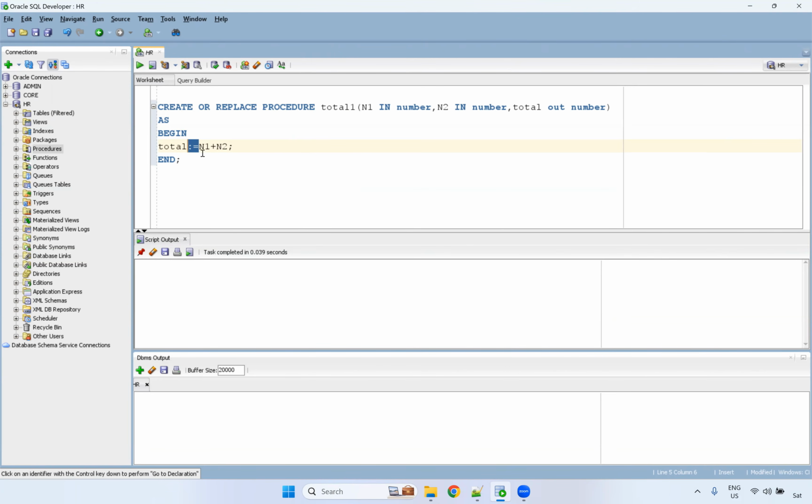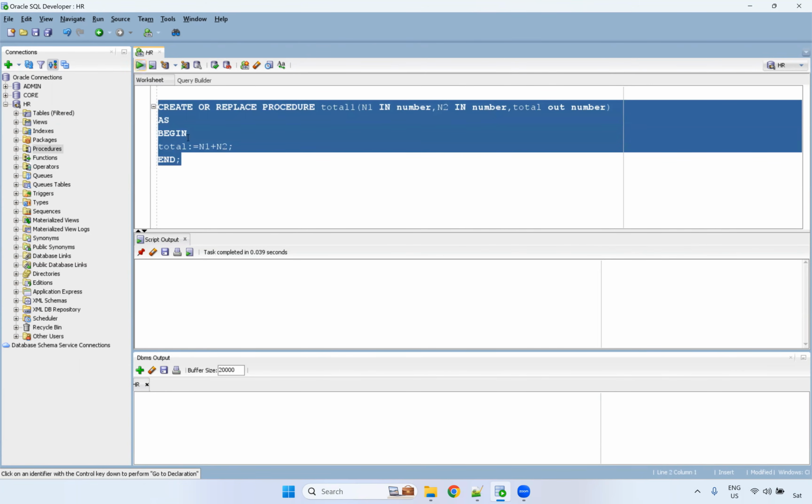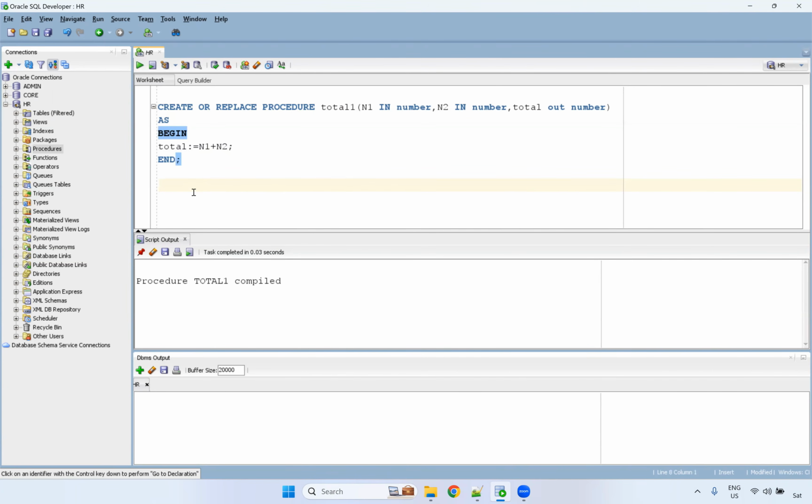So I'm going to compile it. What is the result I will get? That result you can get as the out parameter here. I'm going to execute this, and it will be compiled. So how can I execute this? See, directly we cannot execute it since it has an output parameter. If I'm going to use